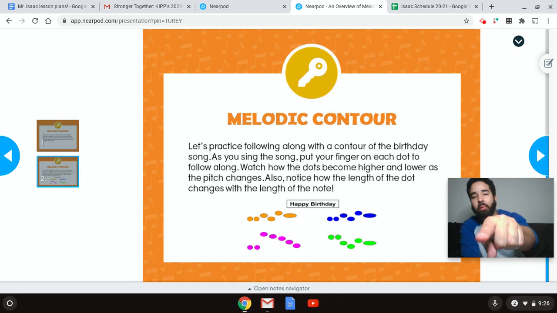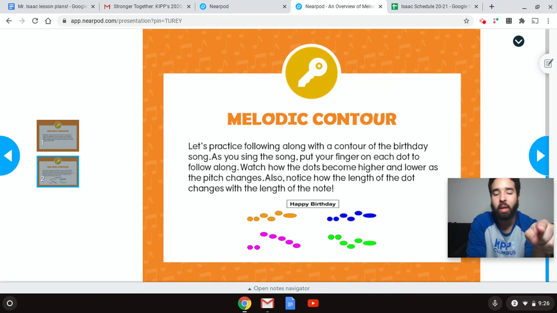Sing the blue one. Ready, go. Happy birthday to you. So even higher than the last one. Sing both of those, the blue and the orange one. So the orange one first. 1, 2, 3. Happy birthday to you. Again. Happy birthday to you. Good. Now the last two, the pink one,